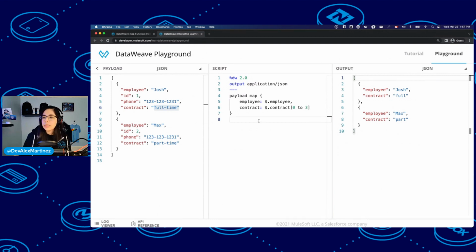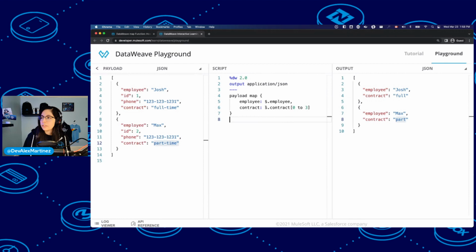So now we transformed this whole input payload into this output payload. Now we only have employee and contract. We don't really care about the ID or the phone for this specific transformation, so we just remove them. Also notice that the contract now just says full or part, but it doesn't say full-time or part-time as it did before.